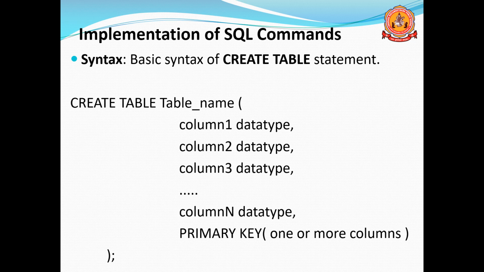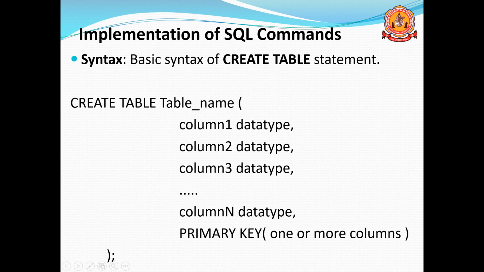After creating the different columns, one more condition we can give, that is a primary key. Already we discussed in the database concept what a primary key is. Whenever you want to set the primary key, you have to set one more column name, the column in which you want to make the primary key. Either column 1, column 2, column 3, any column. Which column you want to make the primary key, that also we can set. After that, the closing bracket, then finally close the parenthesis with a semicolon. This is the syntax for creating the table.